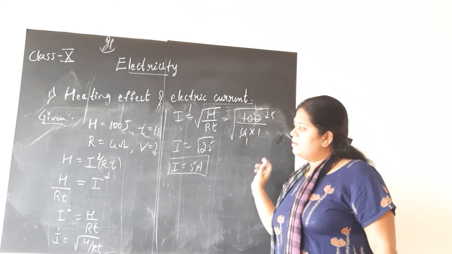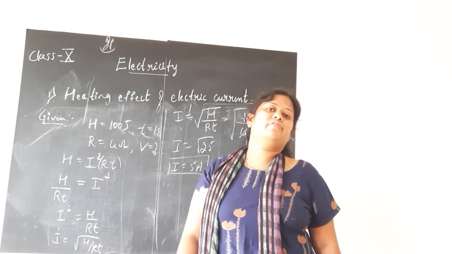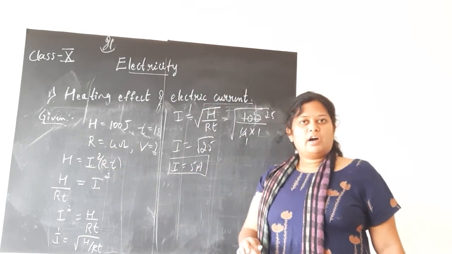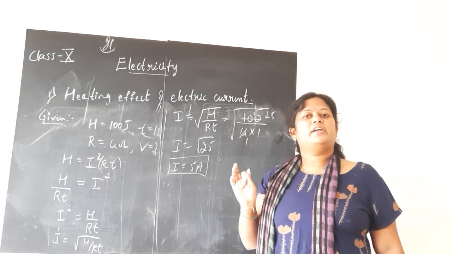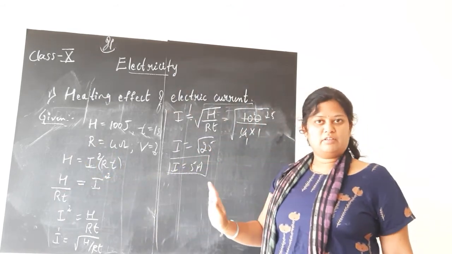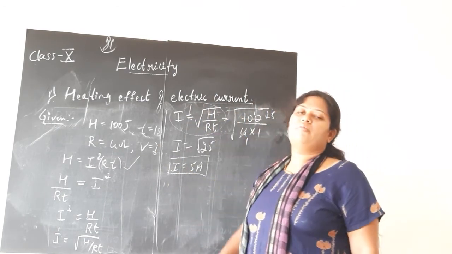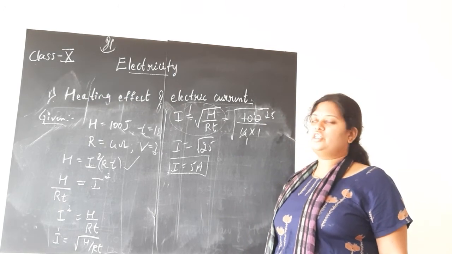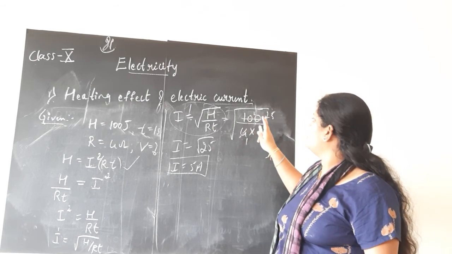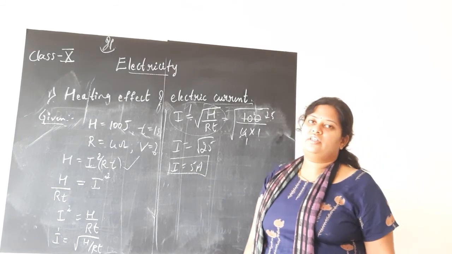That's all. Here the challenging part for you is to write the formula for I from Joule's law of heating, children. Be very, very careful. If H is equal to I square into R into T, I is square root of H divided by RT. This you keep in mind. You don't need to do this calculation if it is confusing. Along with the formula of Joule's law of heating, try to memorize this formula as well, which is for current. It is square root of H by RT. 100 by 4 into 1: 4 1s are 4, 4 2s are 8, 2 remaining, 20, so 4 5s are 20. I is 5 ampere.